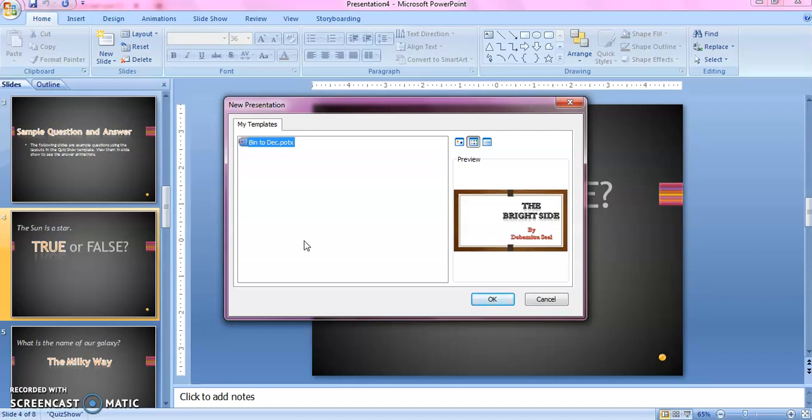So you just save it as a template, and thereafter you can use this template as the background of your new presentations. Just like the quiz show I already showed you, you can create your own quiz show template, save it in your PowerPoint, and use that template in the future. So My Templates provides all the templates you have saved in your PowerPoint. Choose any one and click on OK, and you will create a new presentation using your own template.